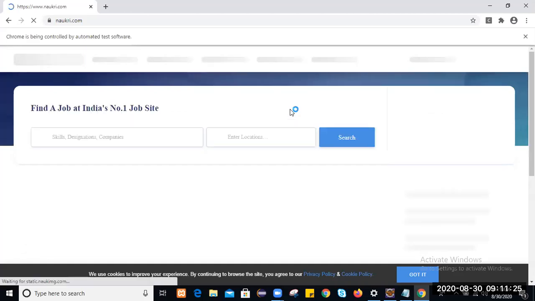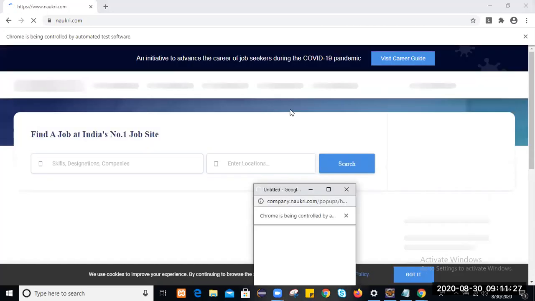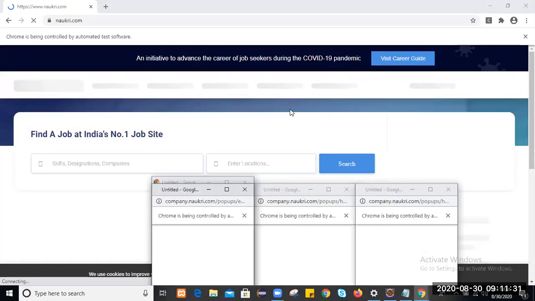It's loading. First of all, it will load all the pages. Once the page loads completely, it will quit all the browser windows which have been opened by the driver instance.